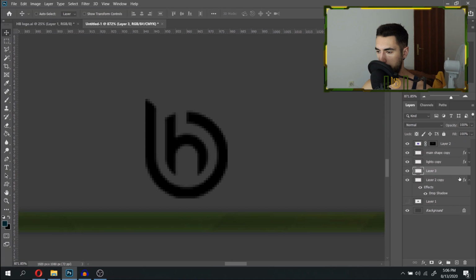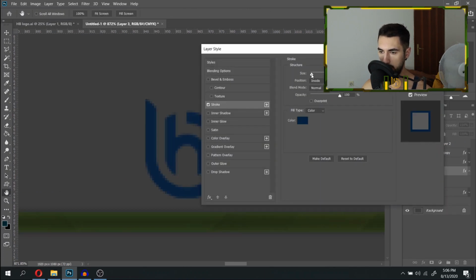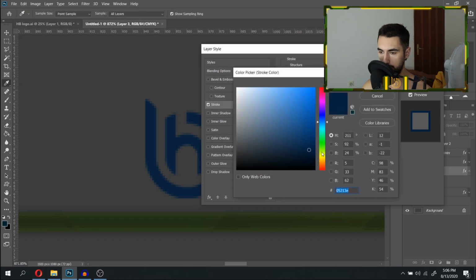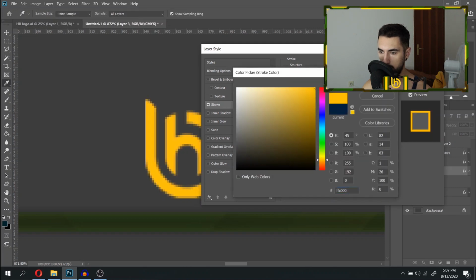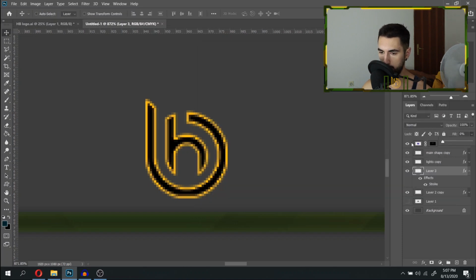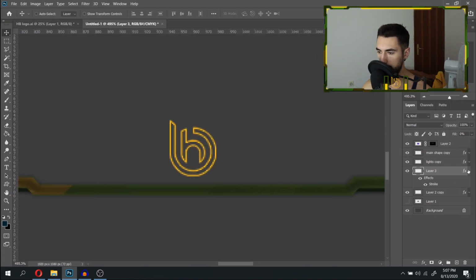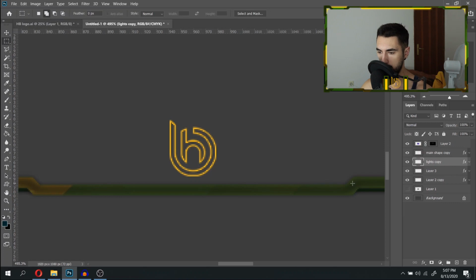Something like this. Okay, now I will use stroke inside, use a yellow color and make it. Go to fill and remove fill. Okay, and now I want to animate it like this on the lights. I want lights, you know, to